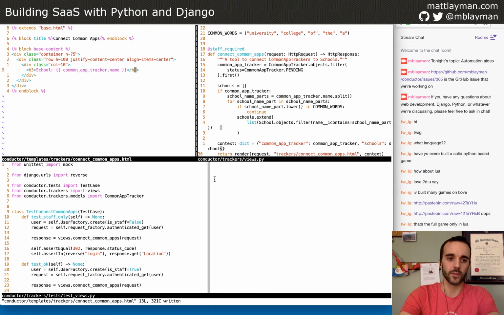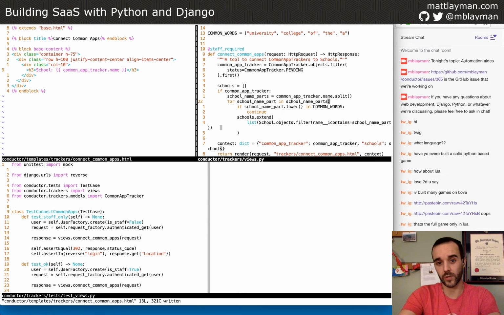And so now the other piece of this is we want to loop through the schools that were queried. So let's back up a little bit and see what that list of schools is. It starts off with an empty list. And then we go through the pieces of the name from the Common App, so that's what's happening here. We split it into pieces, and then we go through each of those parts.